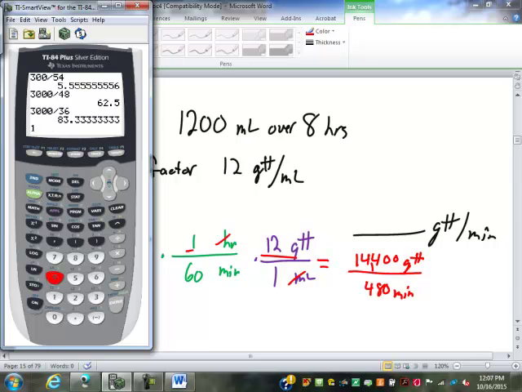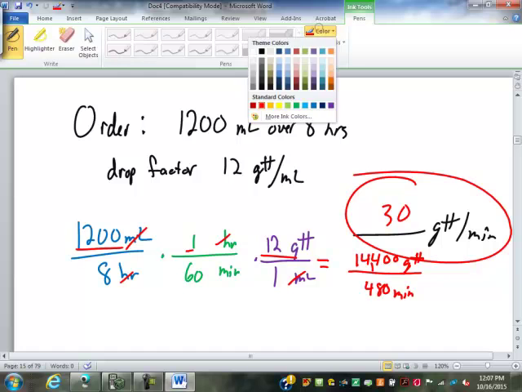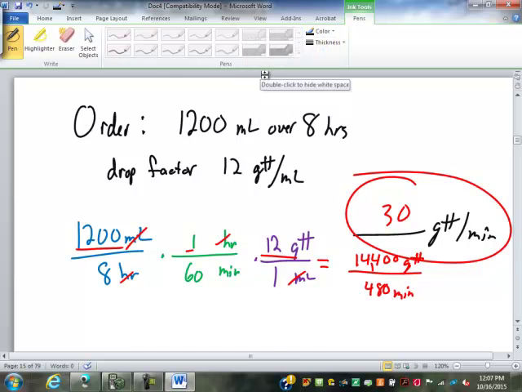So 1440 divided by 40. I took a 0 off of each one of them. Oh, okay. I'm being lazy. You're a step ahead of me. I'm being lazy and saving a couple of keystrokes. So it divides out to be 30 drops per minute. How many of you got 30 drops per minute? Beautiful. Good deal. So now the next step would be possibly adding